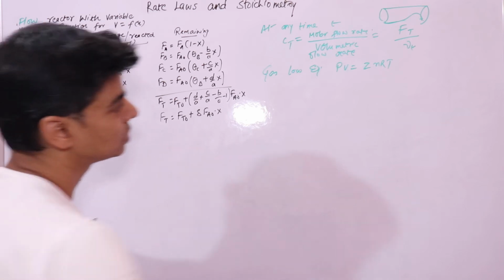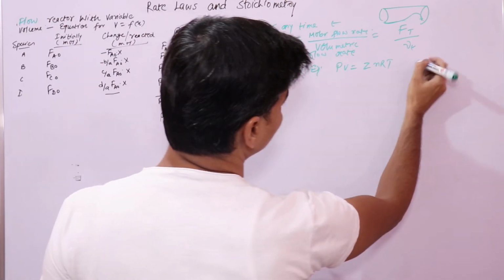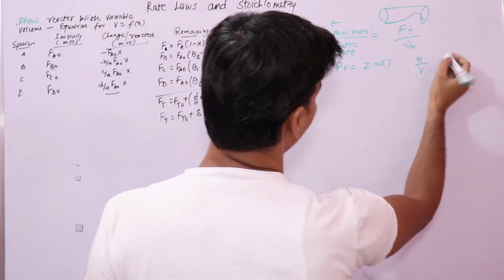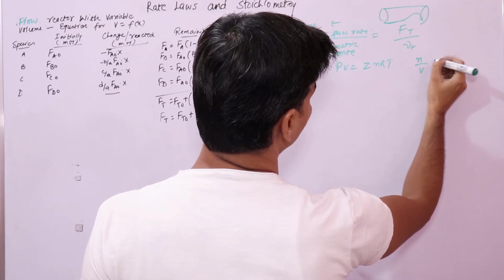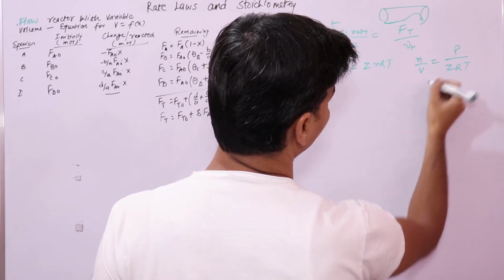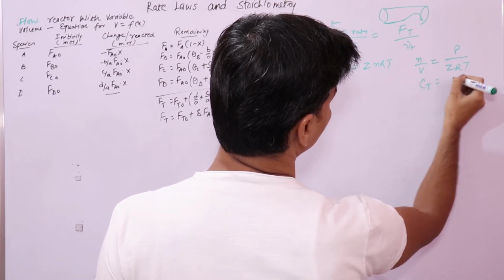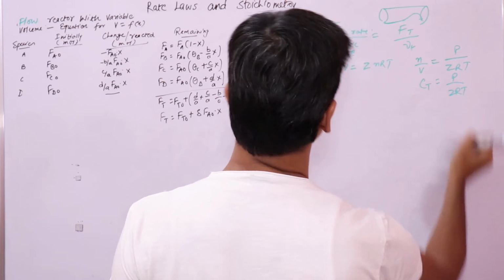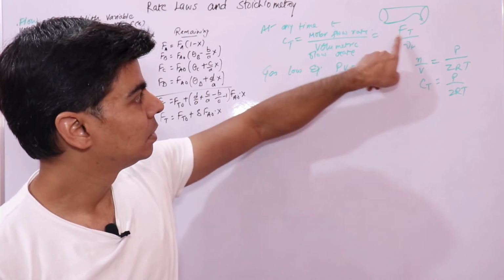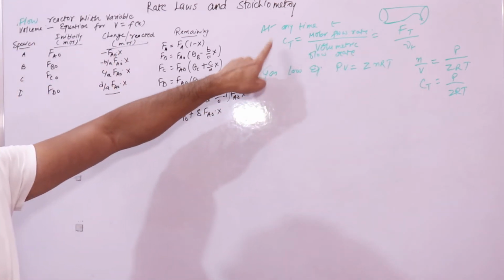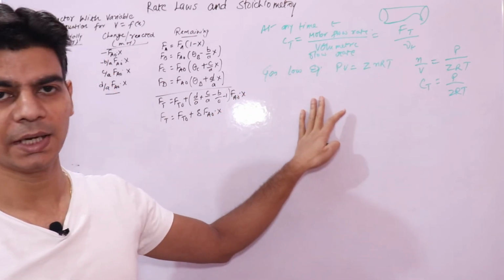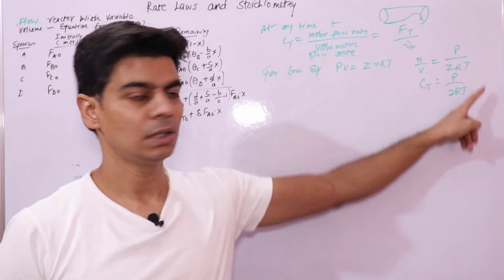Concentration is moles per unit volume, so it would be n upon V, which equals P upon ZRT. So this would be the concentration, P upon ZRT. The concentration at any point t using this formula, and the concentration of a gas phase reaction from the gas law equation,